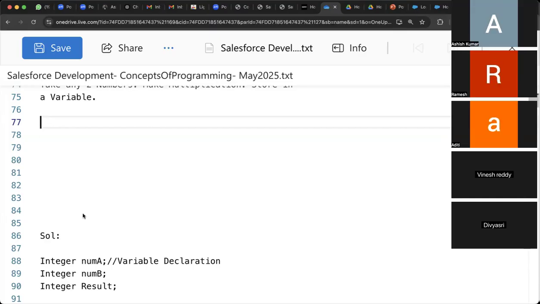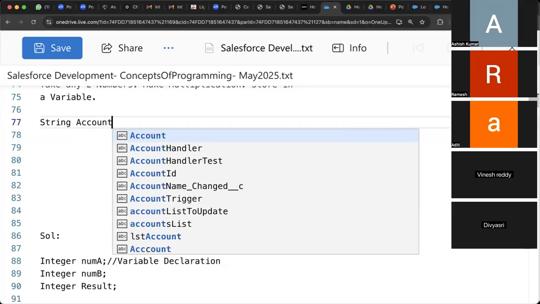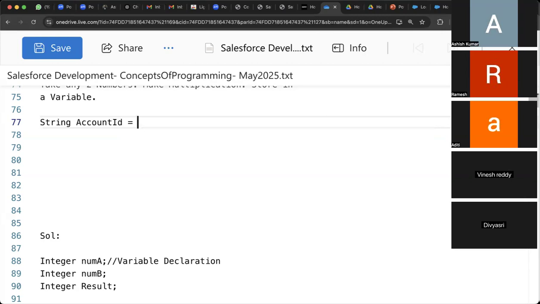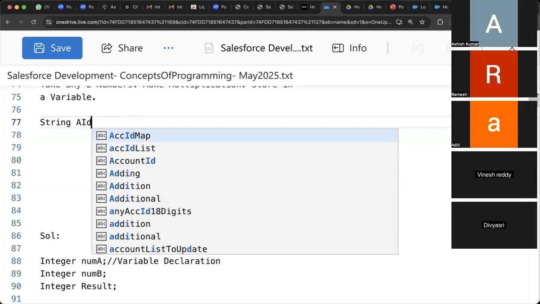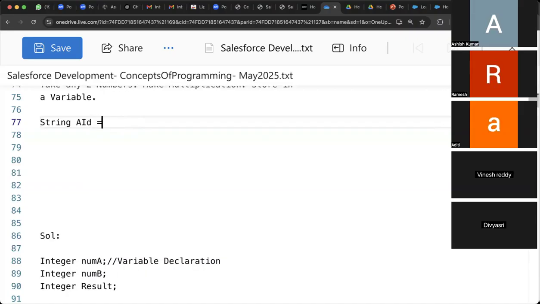But whenever you write some piece of code, let's say you want to store the ID of an account in a string variable, let's say string variable accountId. This gives you a meaningful name, and whenever someone reads your code, they will understand it. A human will understand it. The system will anyhow understand and do the operation. Let's say AID, if I store it into AID, someone